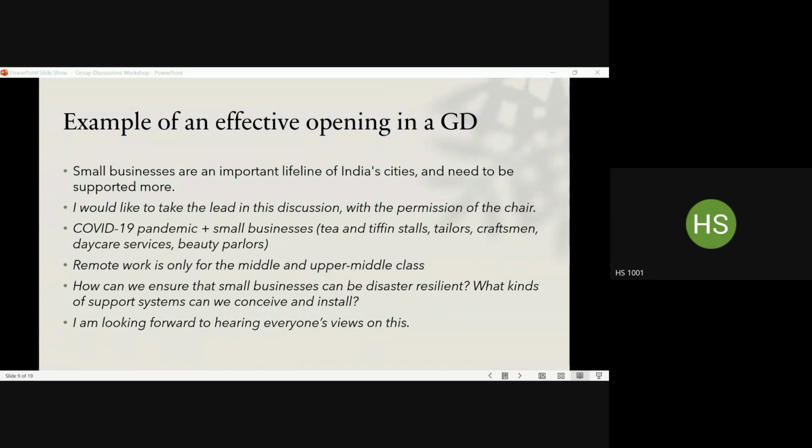Very good, Saishwar. That was very well delivered. Okay? Now, this is just an example. You have the slide in front of you, so you can actually deliver this content very clearly and effectively. But this is what you'll need to do in a group discussion.